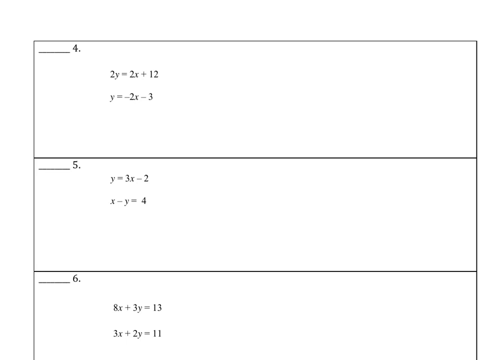Okay? So in number 4, I notice right off the bat that one of my variables is by itself. My y is by itself, and it's equal to negative 2x minus 3. So what I'm going to do is plug that negative 2x minus 3 in for my y in the top equation, and that is called the substitution method. So I'm going to use the substitution. I'm going to take that y and plug it in and we see what we have. So when I do that, I have 2, I'm going to open up parentheses because I'm replacing my y with negative 2x minus 3 equal to 2x plus